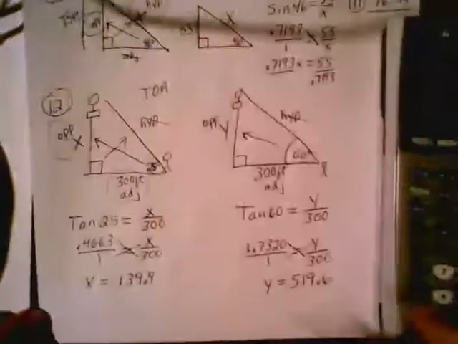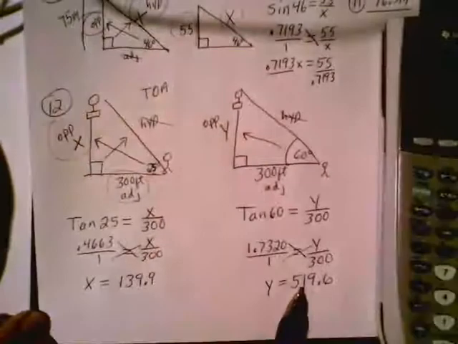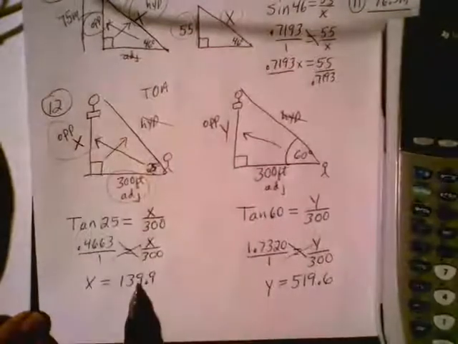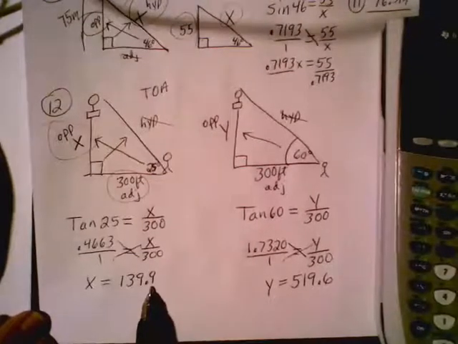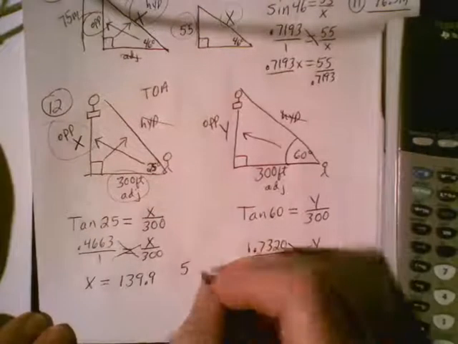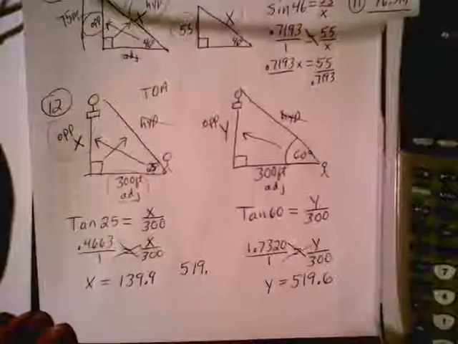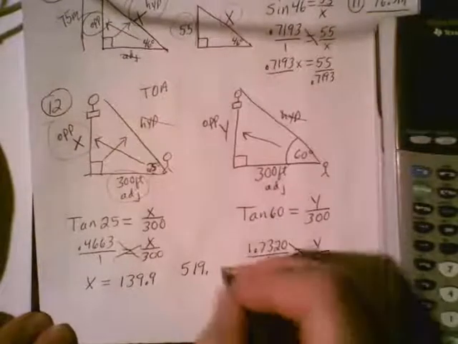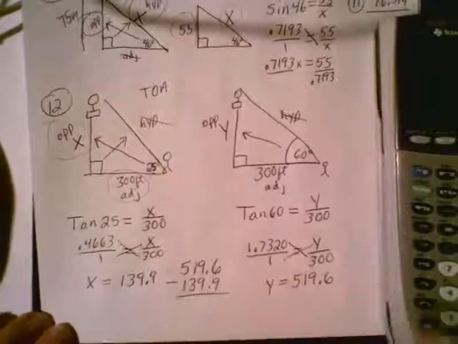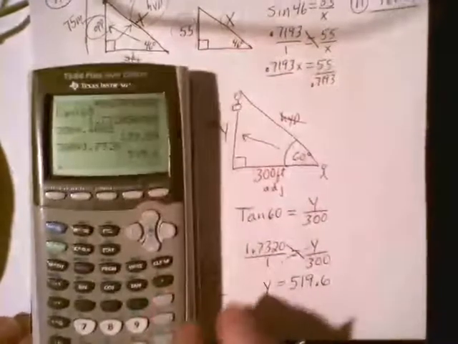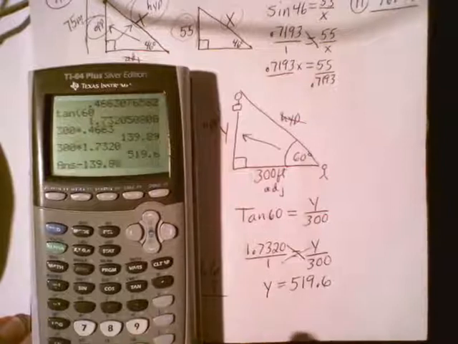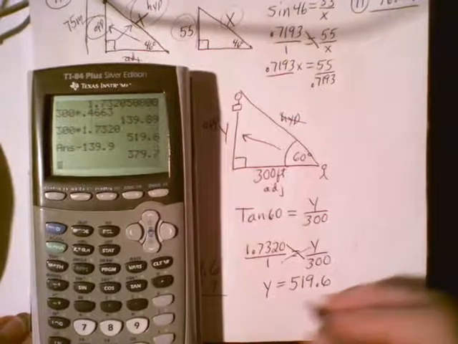Now, 2 minutes later, the balloon was 519.6 feet off the ground. It started off 139.9 feet off the ground. So all I'm going to do with those two is subtract them. 519.6 minus 139.9, and I end up with